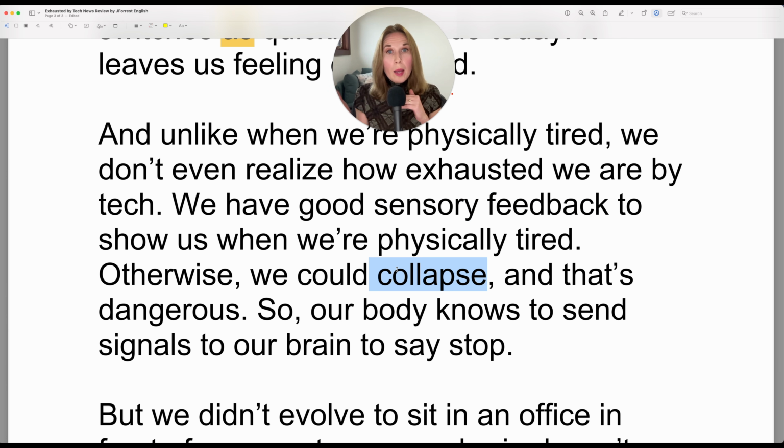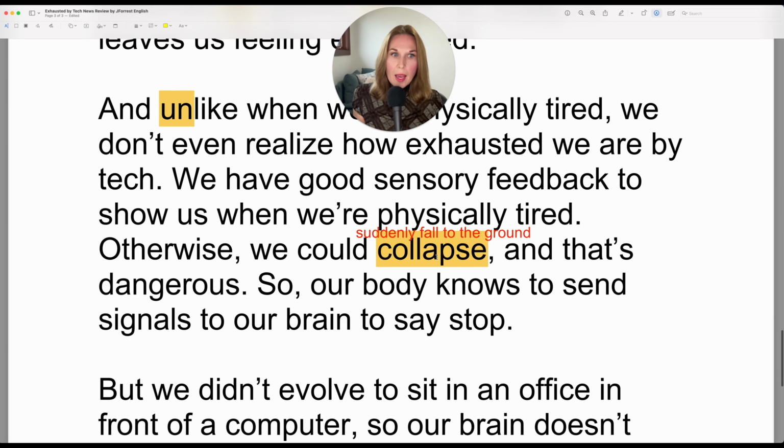Now, with collapse, you can use this for a building could collapse. So suddenly fall to the ground, maybe because of an extreme storm, for example. So you can use this in other contexts, but for a person, it's if I were standing and I just dropped to the ground. You would say, oh my God, Jennifer just collapsed. Now it's a verb, so I said it in the past simple. She just collapsed, because the ED is pronounced as a soft T.